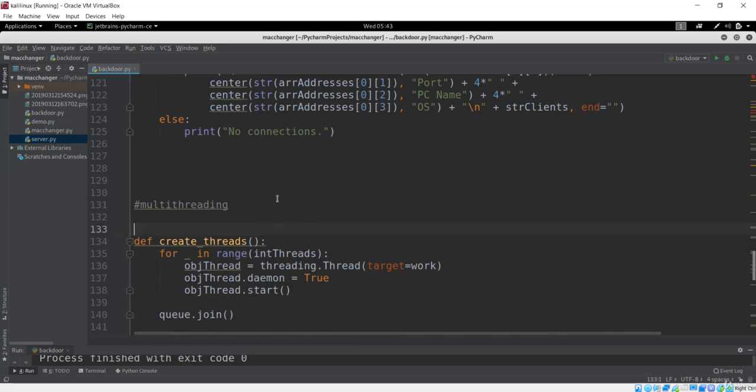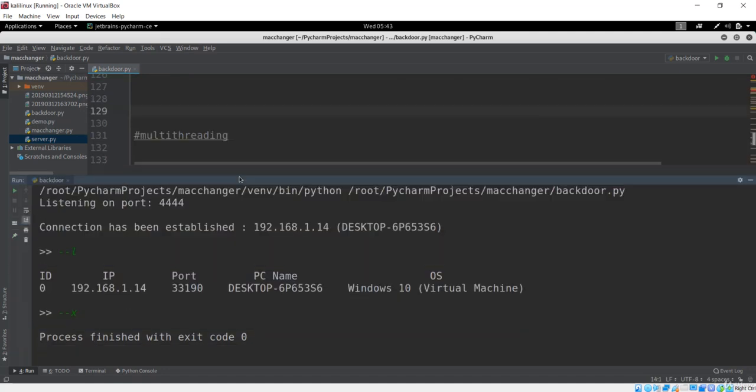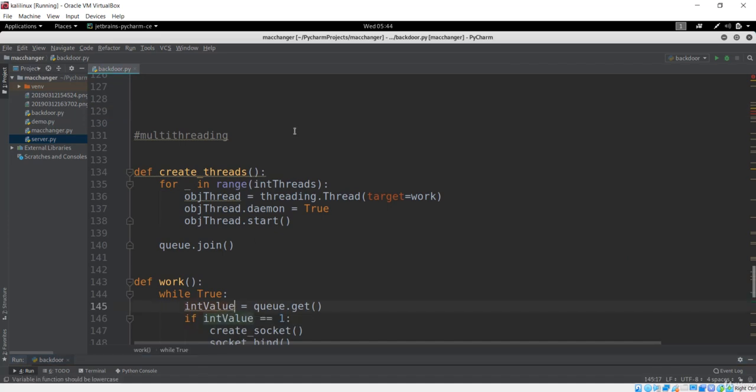Now what we want to do from now on is see how we can make our payload much better than before. That means we have to run different commands on the client side and see how that works. Before that we have to interact with that client. Till now we have just listed the connection with the list connection method, where we get this IP address, but we are not interacting with the client. So first of all we have to write the code so that it will interact with the client.